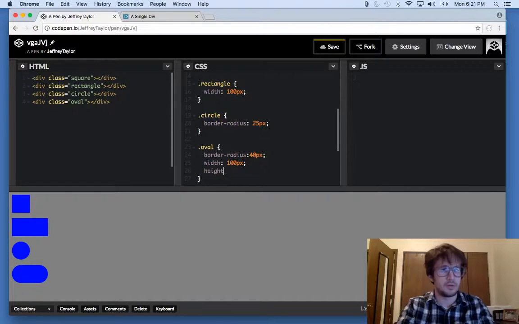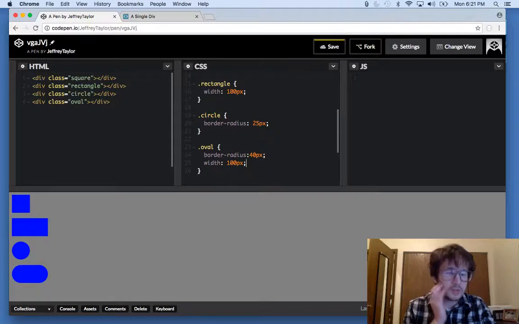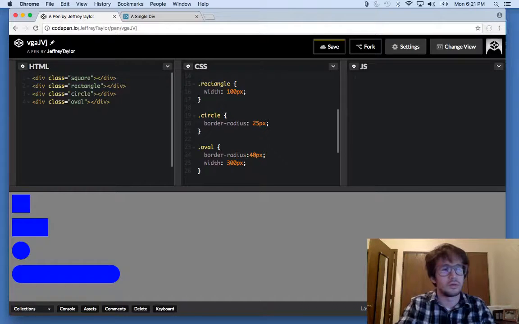What if I mess with the height? 30 pixels. Now, interesting. I wonder how to stretch it out a little more. That's just like a tube shape. What I was thinking more of,